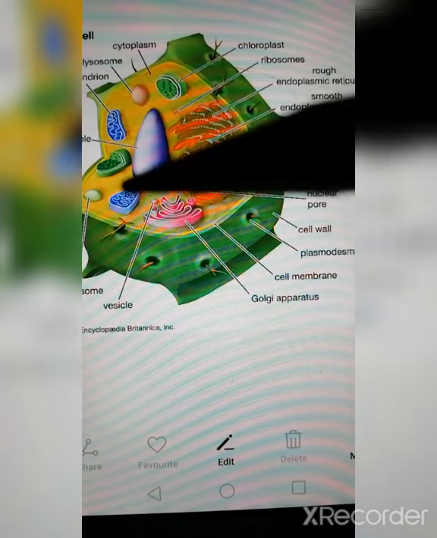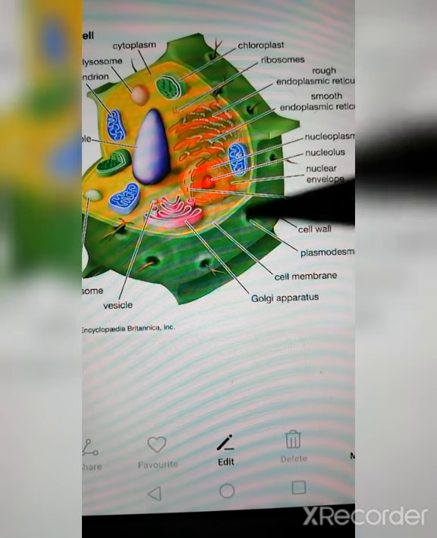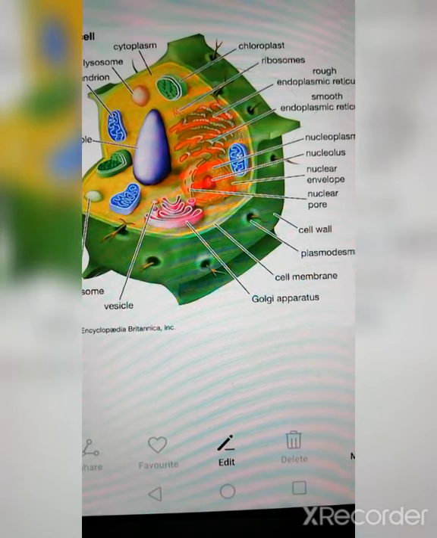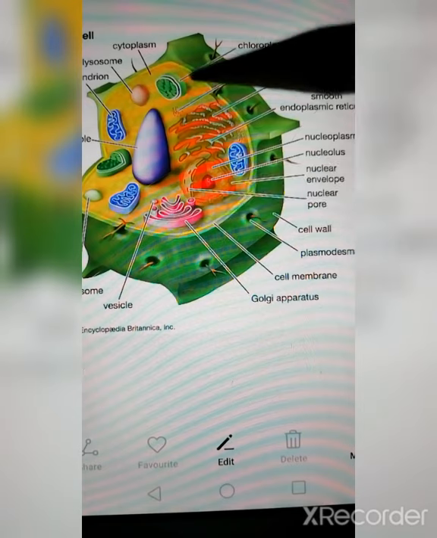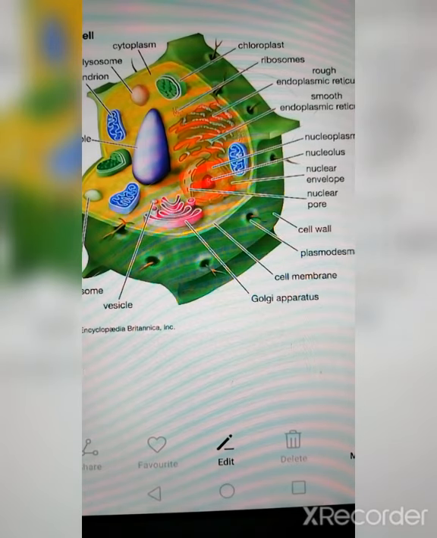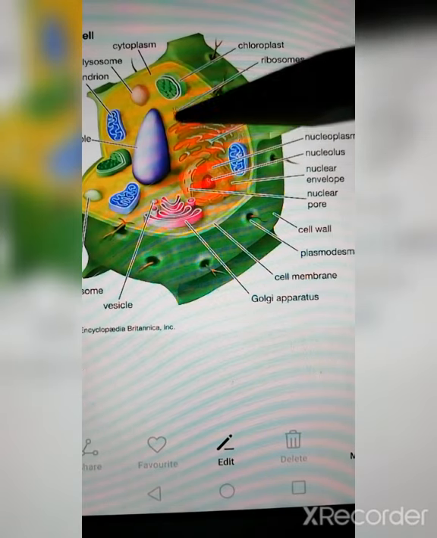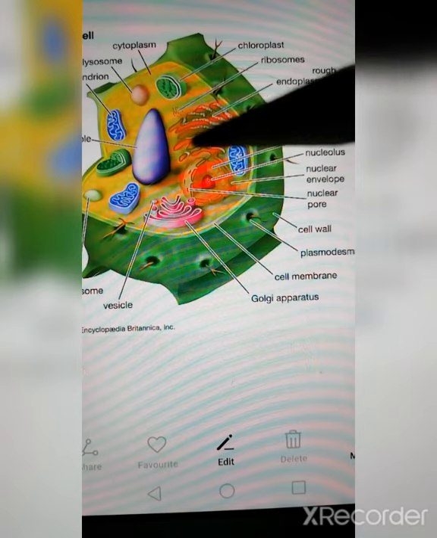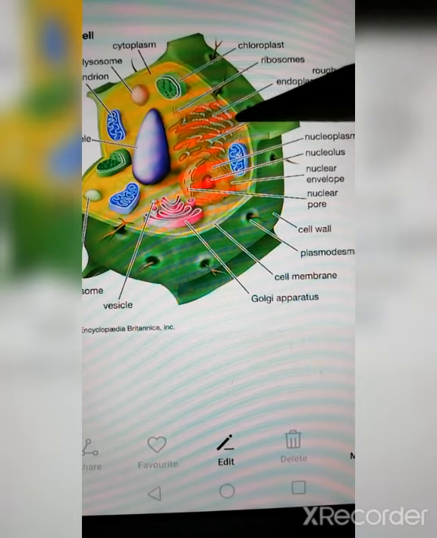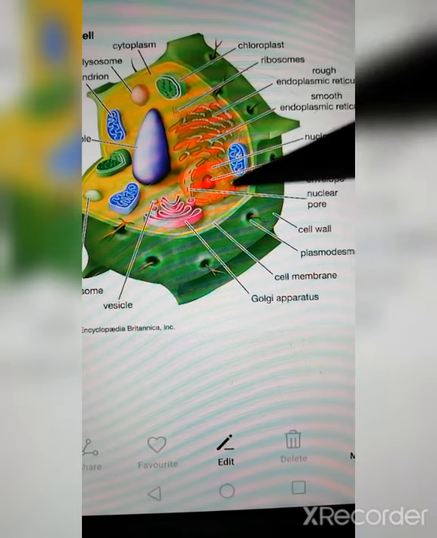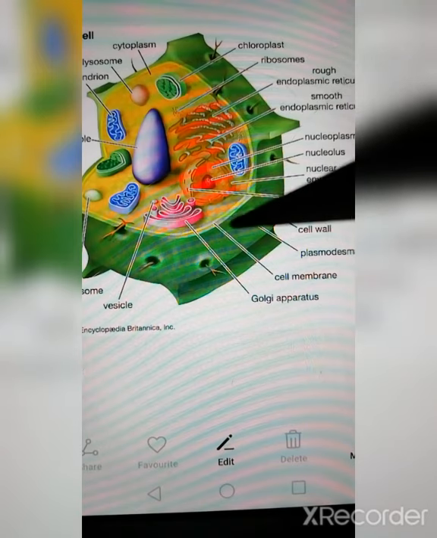This is the outermost layer of the cell, separating it from the external environment. External environment is the environment which is outside the cell. Generally, the cell membrane helps to define the shape of the cell. The internal environment, which is the environment within the cell, is generally balanced with the help of the cell membrane. Any material which should enter the cell and which should exit out of the cell will be done with the help of the plasma membrane. So plasma membrane or cell membrane is one and the same.